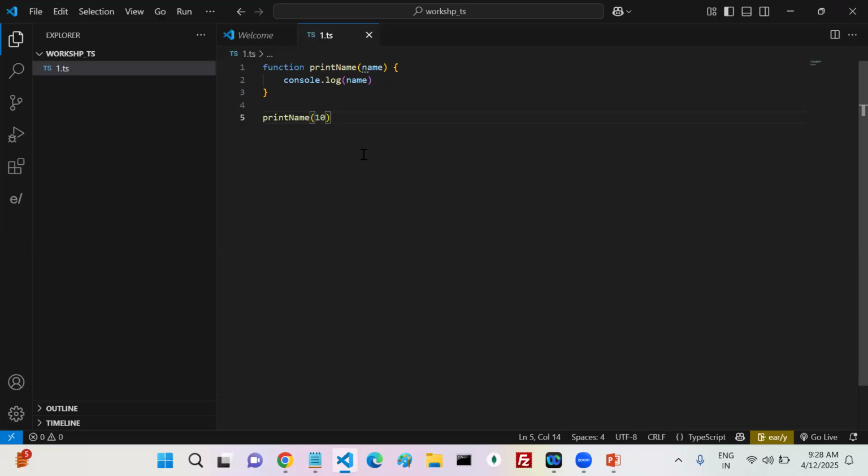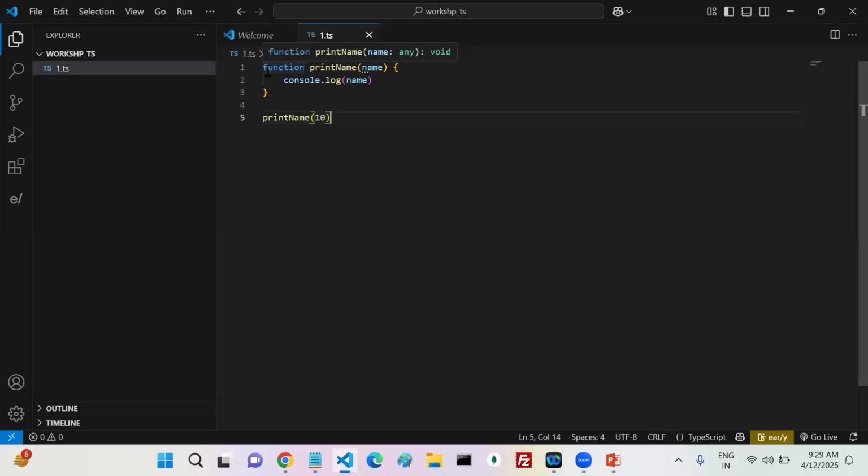Tell me first. The file extension is TS, that's okay, but which kind of code does it look like? Did I mention the type for the variable anywhere? No, right? So still it is accepted.